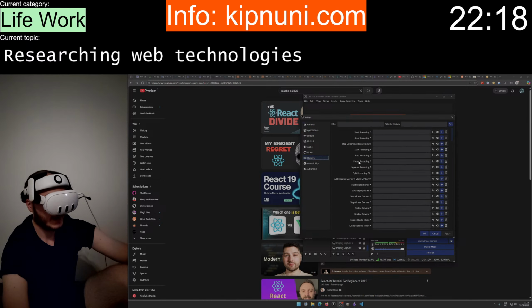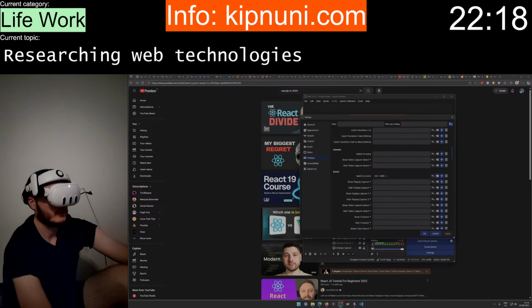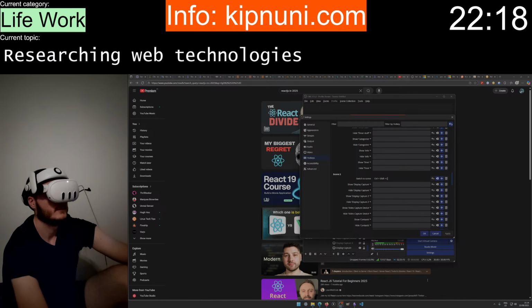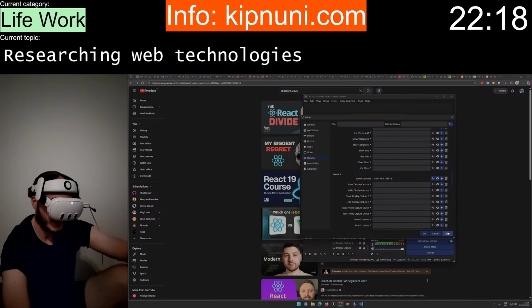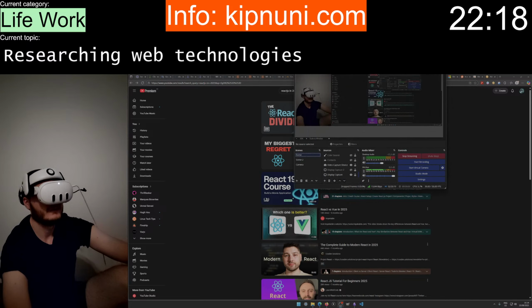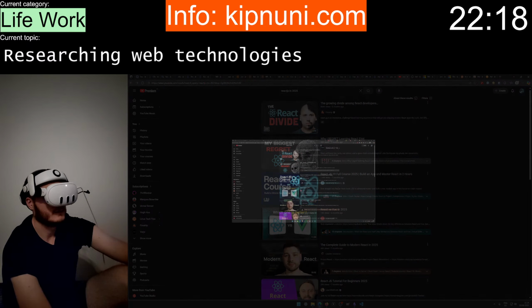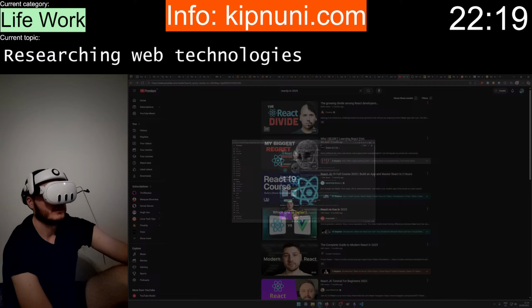Because I already have both hands here. Pretty sure this is not used. Control Alt Shift L. No Edge, don't do it. And then okay. Yeah. Good.